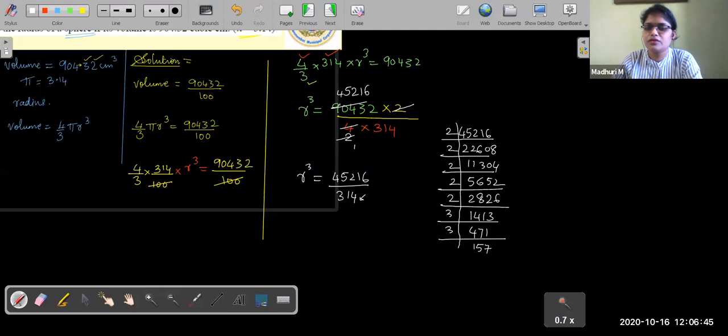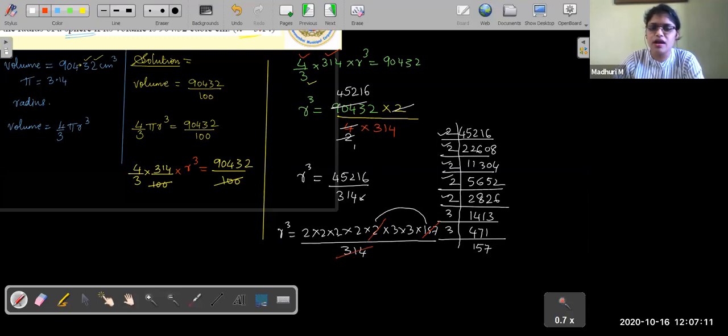Okay, so just check, r cube is equals to how much? There are how many 2's? 5 of them. And of course, there is 157 also. The whole upon this is 314. Remember, a 2 and 157 makes 314. Okay, so 2 and 157 gets crossed out with 314, and we are left with r cube, which is equals